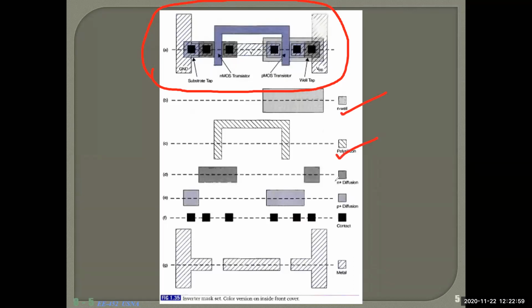This is the metal layer. This is the N diffusion layer. This is the P diffusion layer. This is the contact layer. This is our metal layer. Understood? The different layers are separated. So first N well, polysilicon, N diffusion, P diffusion, contact, metal. Remember the design we have made? That can be separated into different layers, and every layer forms a different mask layout, a glass layout. There you will give some UV ray. So what will happen? This area will be gone, so you can put something there.